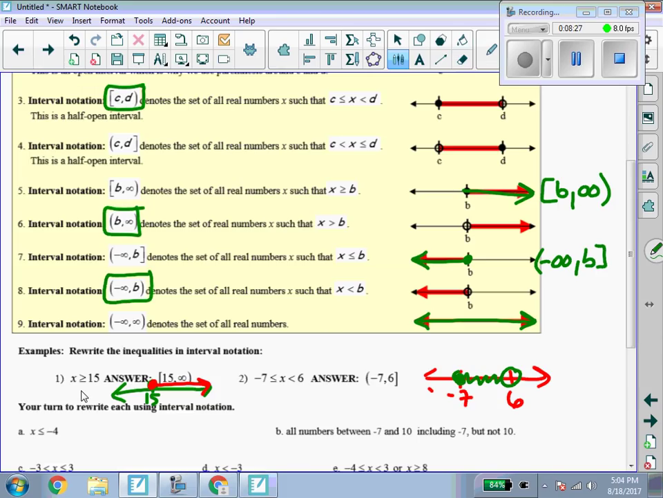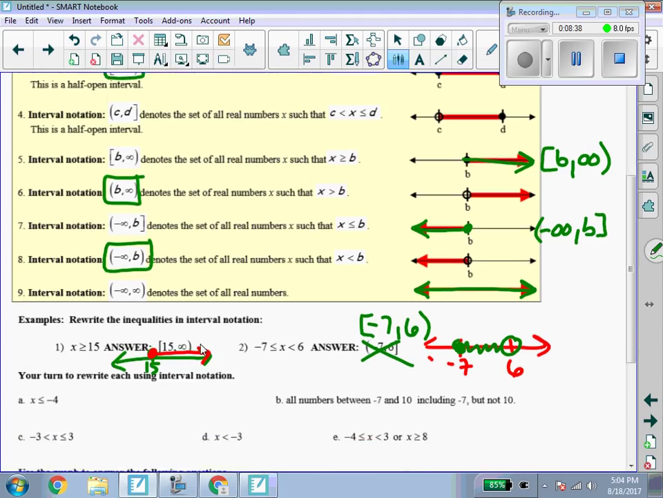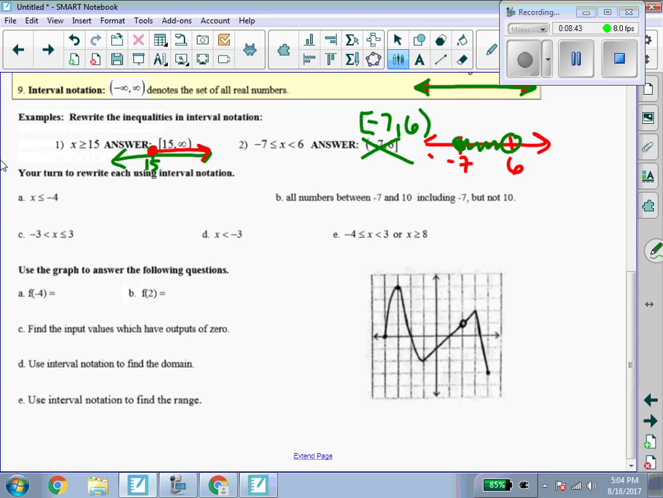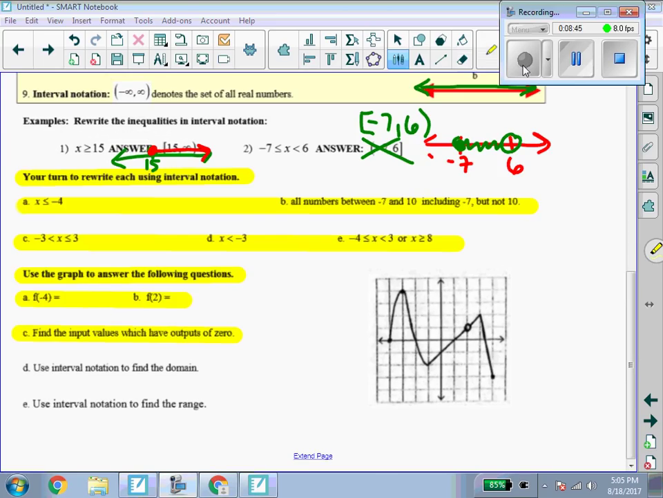So this should be bracket -7 to 6 parentheses. So this is wrong. I'll make sure it's fixed on your sheet. So then for these next ones, I want you guys to do the interval notation on your own. So you guys are going to do these next problems, and also, of course, see if you can answer all these questions that I have just highlighted from here to